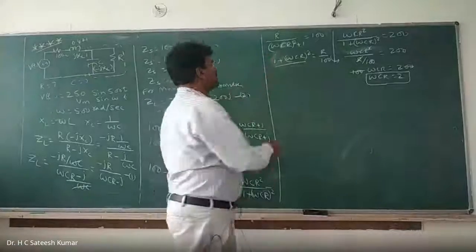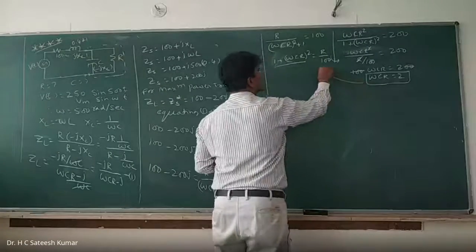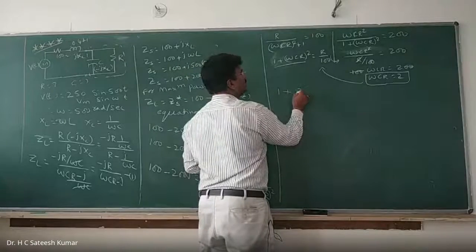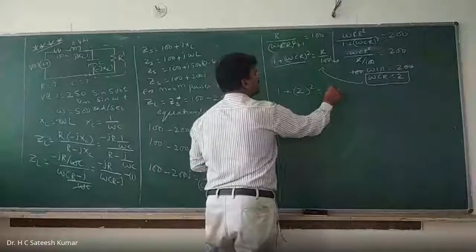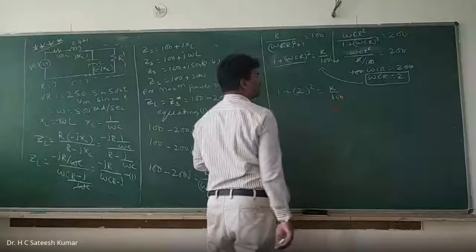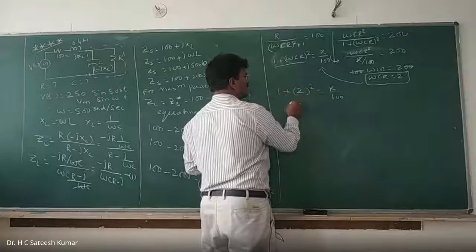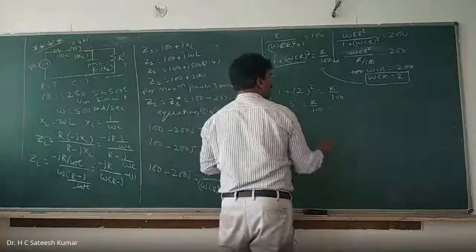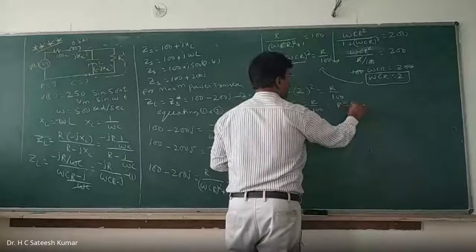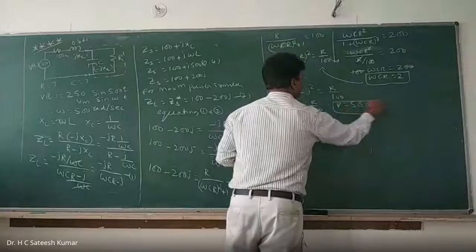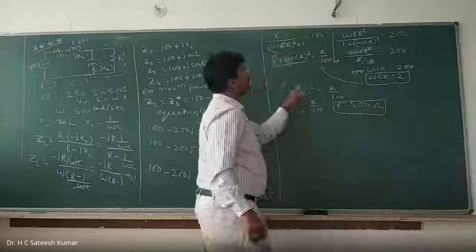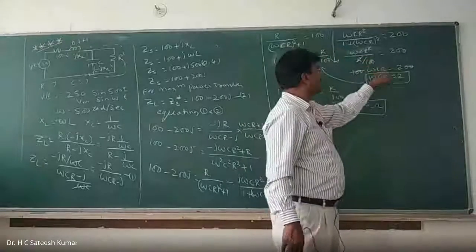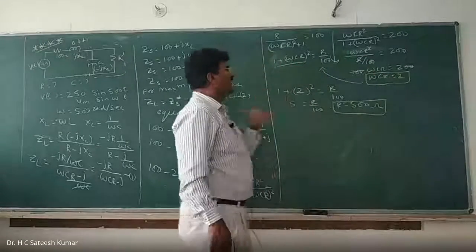Substitute in this equation. Therefore, back to this equation once again. Then what will you get? 1 plus omega CR is what? 2 square. 2 square is equal to what? R by 100. So this is nothing but 2, 5. 5 into 5 is equal to R by 100. Therefore, R is equal to what? 500 ohms. We got it. That's how we should do it. See, you will have to get the 1 plus omega CR whole square and this one is substituted here. You will get omega CR. Put it back here. You will get back the R value.